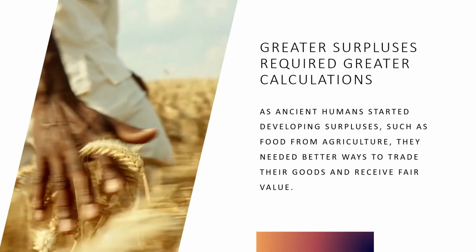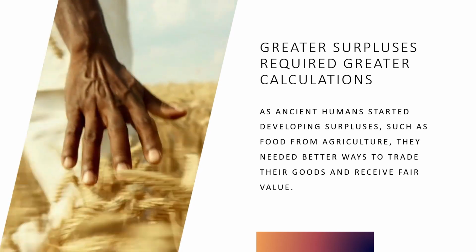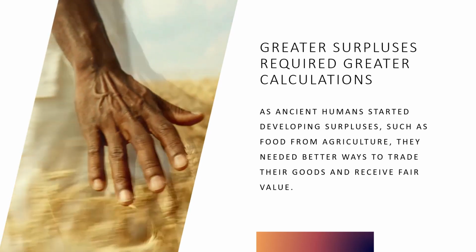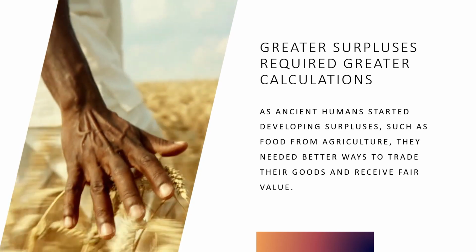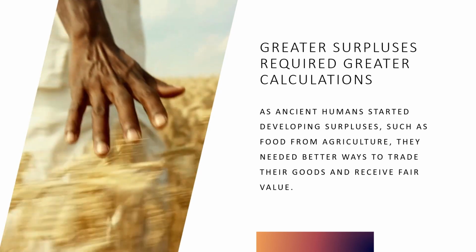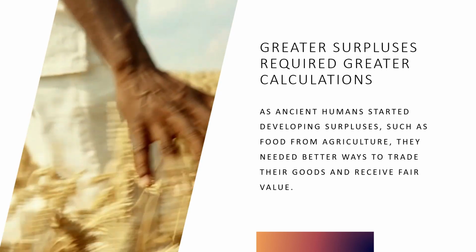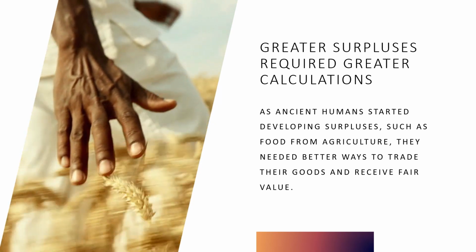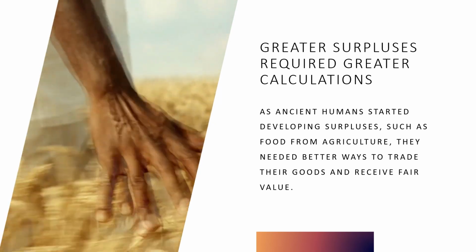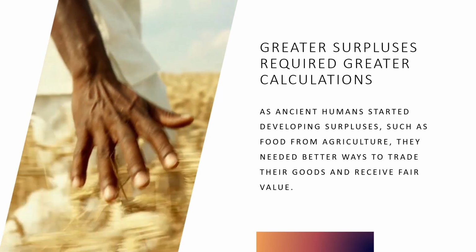So why did ancient humans find a need to perform more advanced calculations? As those humans started developing surpluses of goods, such as food from agriculture, they needed better ways to trade these goods, and to ensure that they were getting a fair value. That brings us to the first known device used to help with more advanced calculations: